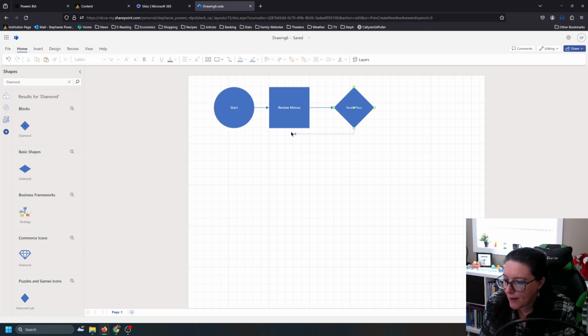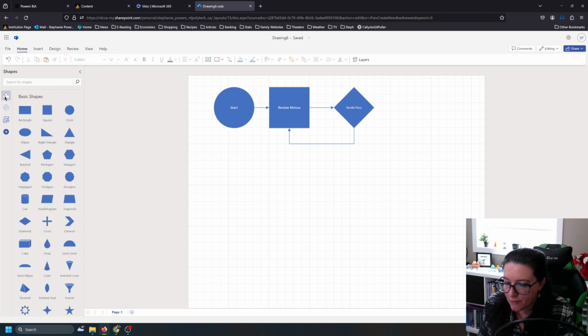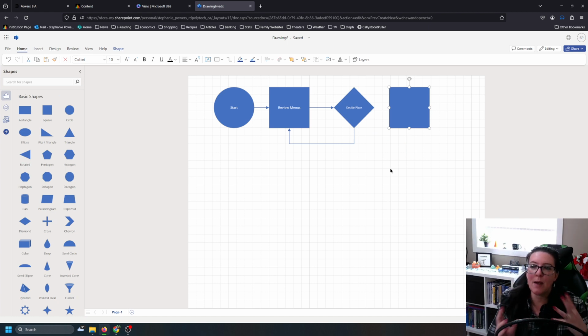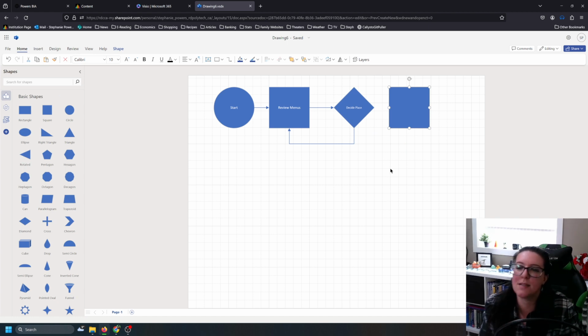If I can't find something, I can go back here and you can adjust this a bit. Oh, not doing so good here today. All right, pull this and you can stretch it out. So you can create your flow quite nicely with Visio. I find it's the fastest. I use it all the time for all kinds of visuals. And so if you have access through Microsoft 365 to create your process flow diagrams, I recommend doing that as